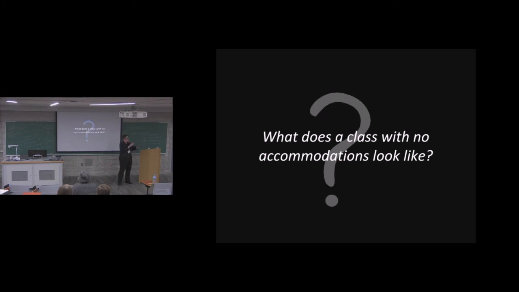Okay, so this is a traditional classroom in some ways. It is already built to accommodate some people, right? So it's not really that it has no accommodations. We think of it as having no accommodations. But physically and otherwise, even though we don't acknowledge it, there are some people that are already accommodated by what exists. So why might it be that we don't acknowledge the accommodations that are there?